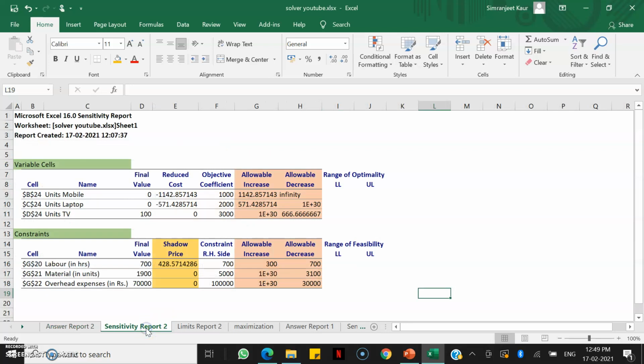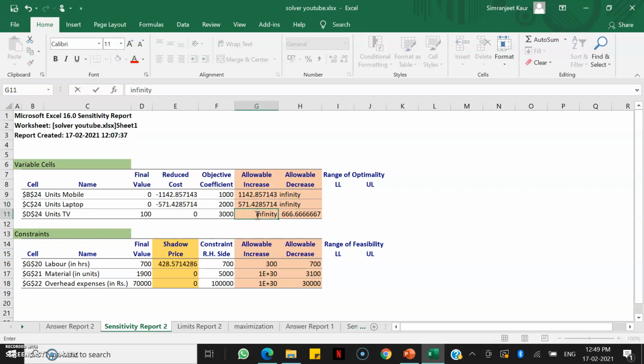Now let's move to the sensitivity report. I've already named infinity for one of the variables here. First thing you need to understand is these are my variable cells and these are my constraints. Something which is e raised to the power of 30, I might as well write as infinity here.